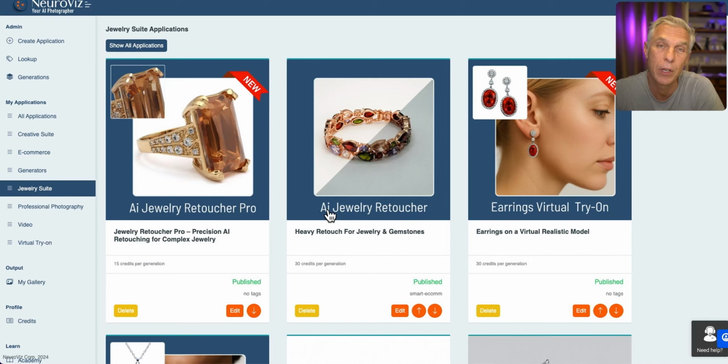This is the first video from a series on how to process jewelry with NeuroViz AI. I will explain the difference between Jewelry Retoucher Pro and Jewelry Retoucher: heavy retouching or precision retouching. There is quite a serious difference between these two applications, and it's very important for you to understand where to use